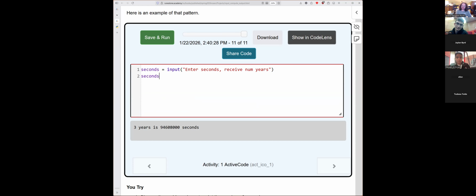Let's also do this is equal to int of seconds, convert it, and print out seconds, that's our variable, comma, the word seconds is, and then years,